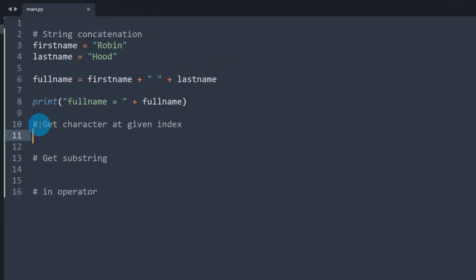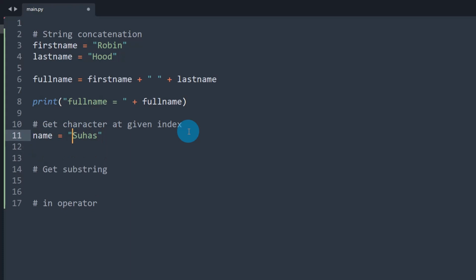Next we'll see how to get a character at a given index from the string. Okay? Let's say we have the name Suhas. Before understanding the index, let me tell you some basic stuff. In programming languages, the index actually starts from 0, not from 1.